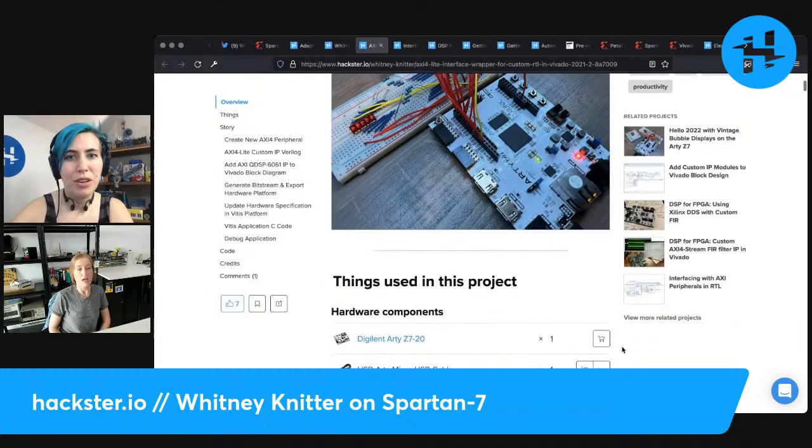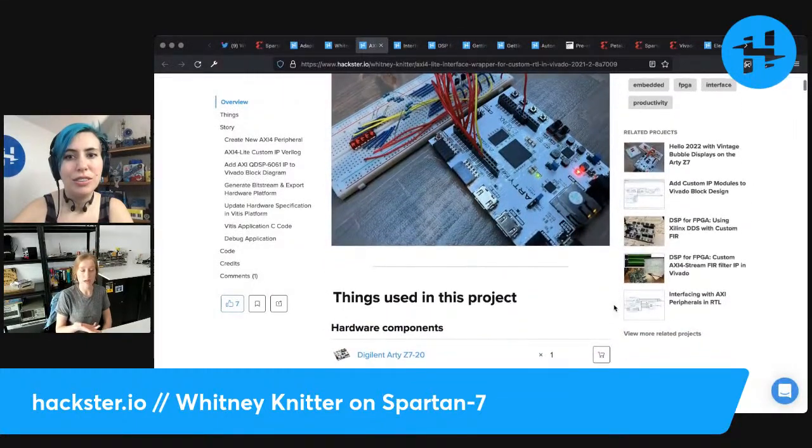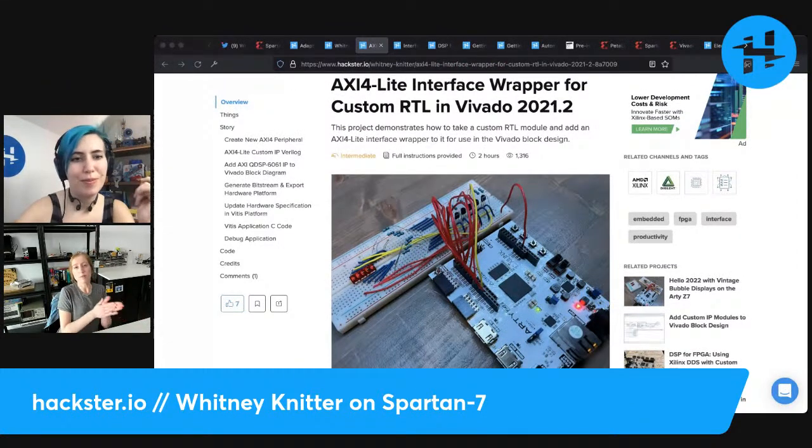Is that right? The Z7 is actually a Zynq 7000, which is another chip in the 7 series family. So the Spartan-7, right, yes. If you're upgrading from the Spartan-6, it's not necessarily that you go straight to a Spartan-7. You may have a better fit with a different FPGA in the 7 series family. So you have, for instance, the Zynq 7000, the Kria SOM, the Artix 7 and the Spartan 7, and depending on your design needs,